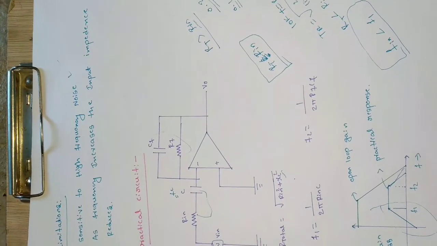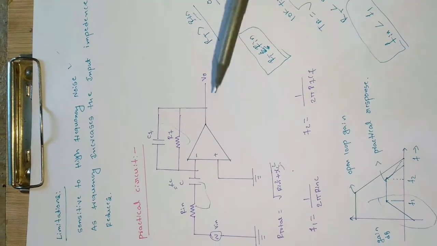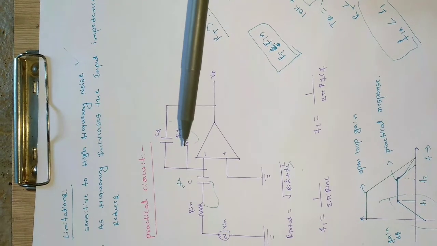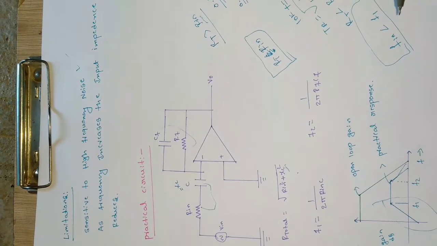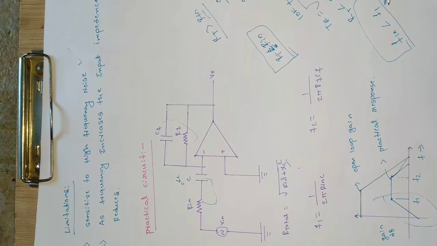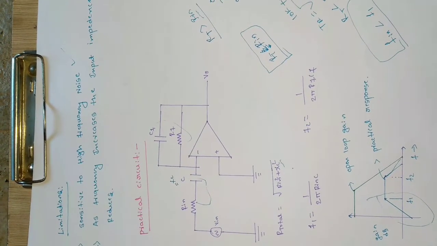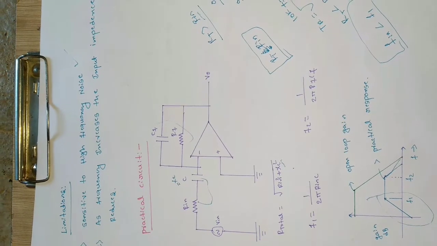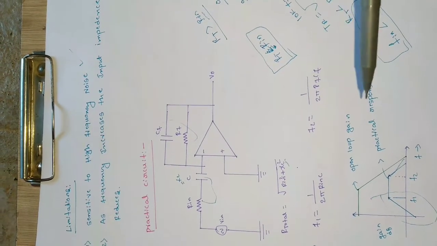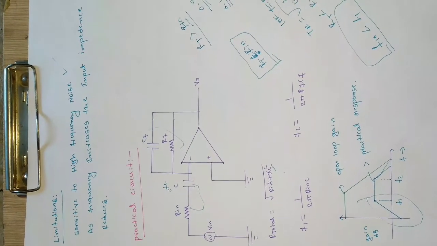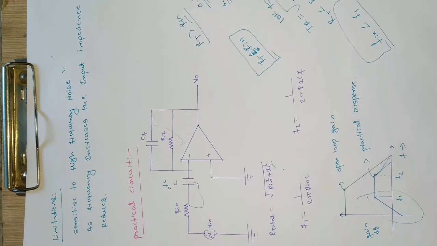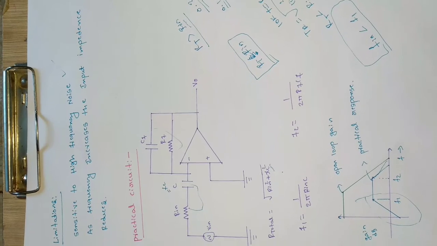So depending on the application, we just need to change the input resistance and capacitance, and then accordingly set the input signal so that it will be less than F1. So that point we need to keep in mind while designing the op amp. That makes a lot of sense in designing techniques. So these two points we have to assume if you are designing for a practical application. So that's all about the op amp as a differentiator.